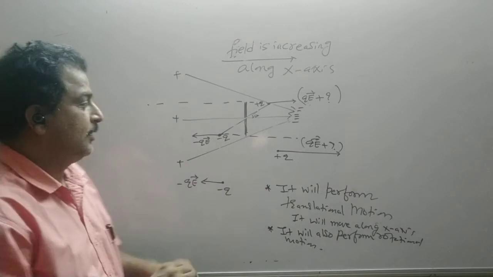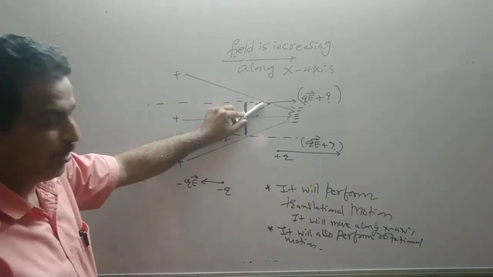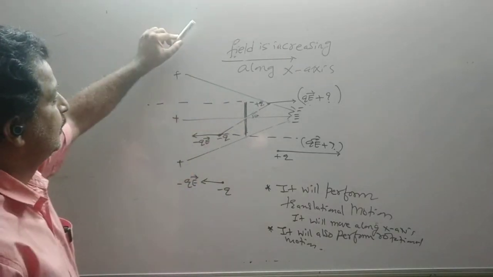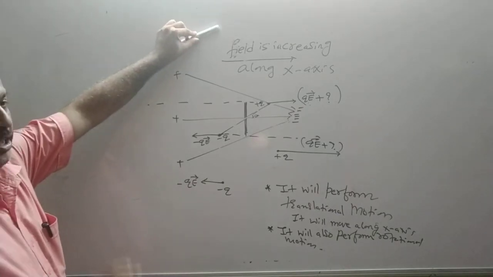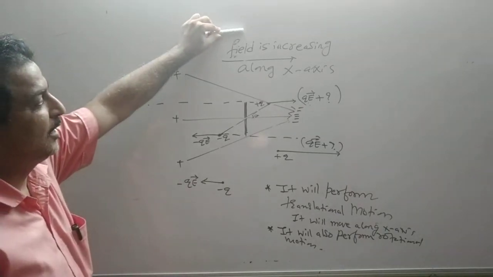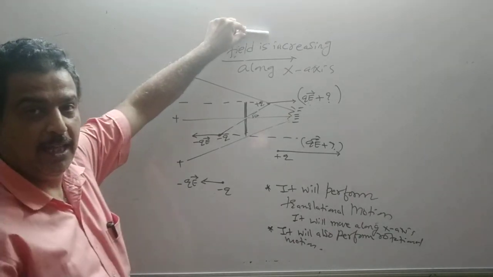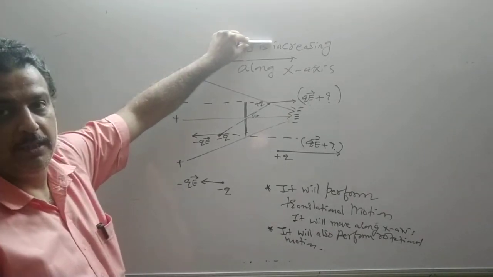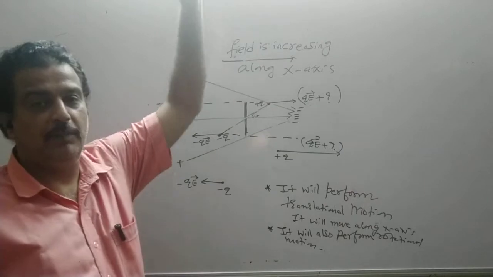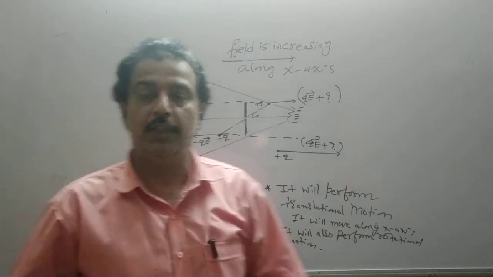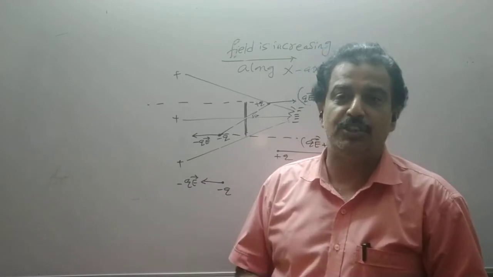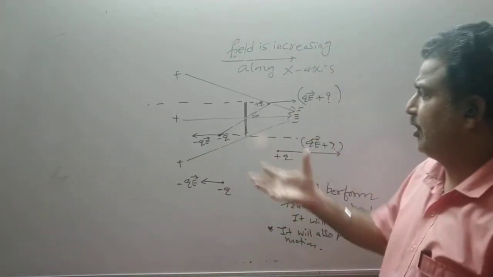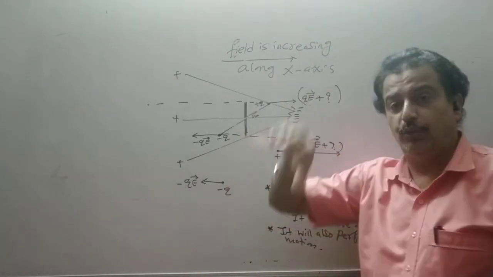घूमना तो तब तक ही है जब तक थीटा 0 नहीं हो जाता। So this is placed at 30 degrees, angle becomes 25, चल भी रहा है, angle भी decrease, 20, चल भी रहा है, decrease, aligned. ये aligned हो गया। जैसे ही aligned हो गया, it will perform translational motion till the field exists and it will rotate till theta becomes 0. So what is the situation for non-uniform and uniform?